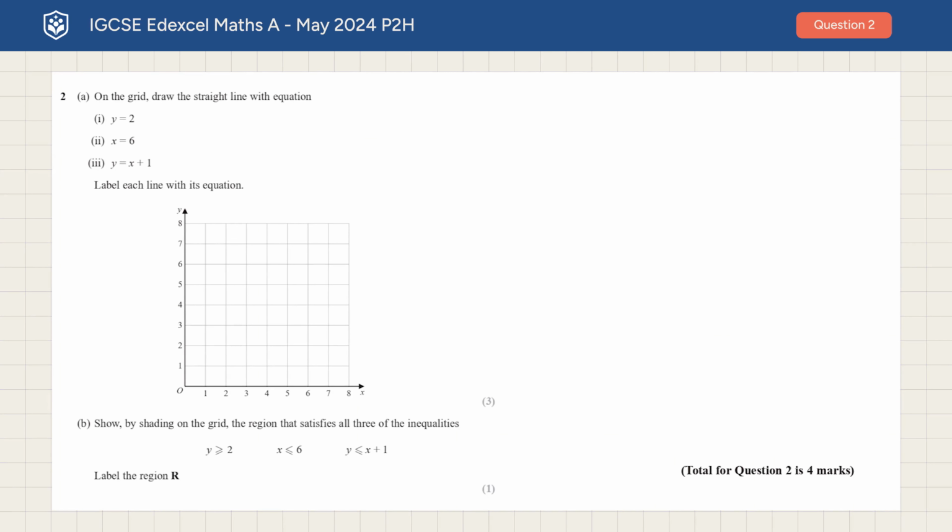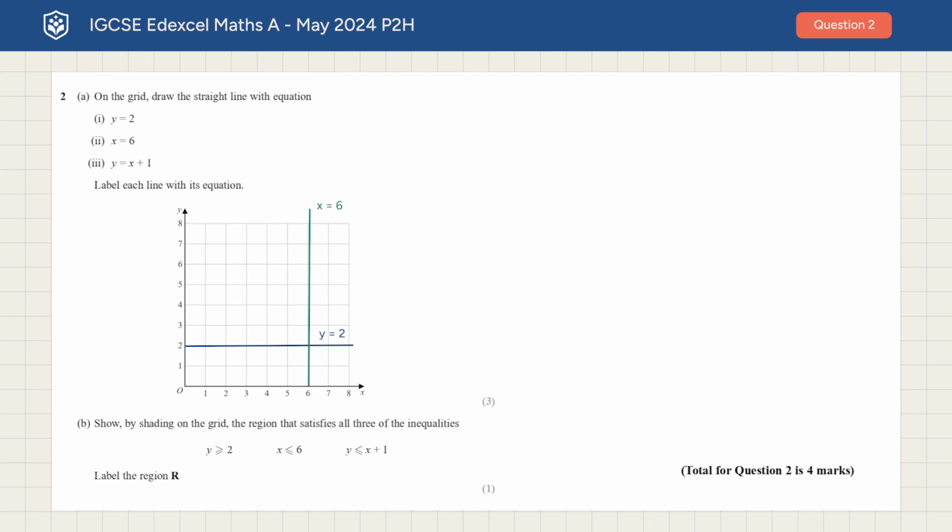For question 2, we're working with straight line graphs and inequalities. Part A asks us to draw 3 lines on the grid. First, y equals 2. This is a horizontal line. It passes through every point where the y-coordinate is 2, so we draw a straight horizontal line crossing the y-axis at 2. Second, x equals 6. This is a vertical line. It passes through every point where the x-coordinate is 6, so we draw a straight vertical line crossing the x-axis